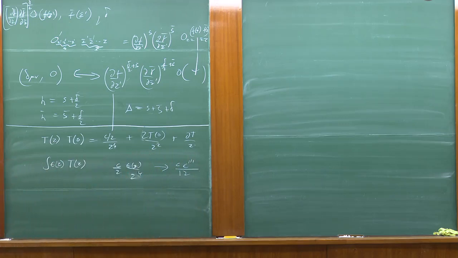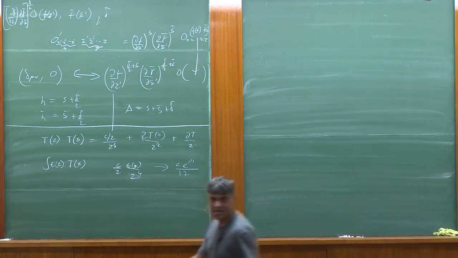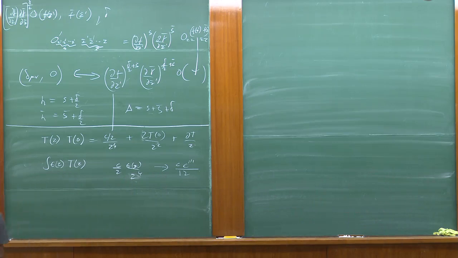And epsilon triple prime c by 12 multiplying what operator? Multiplying no operator. Multiplying identity. The fact that this multiplies identity makes this very simple. It tells you it's sort of universal. It's got nothing to do with the detailed structure of the theory. Is this clear? So we see that under a combined transformation of the form we just described above, when this